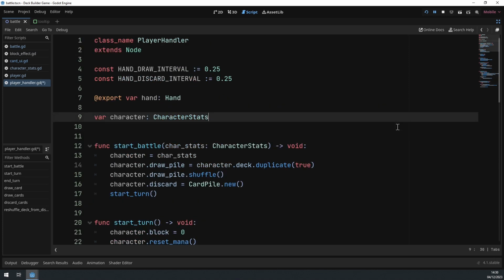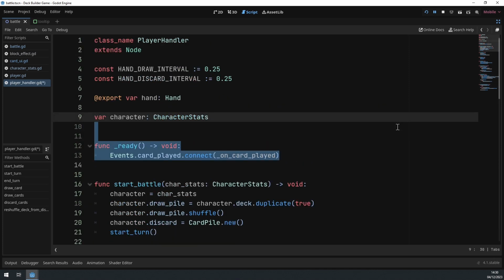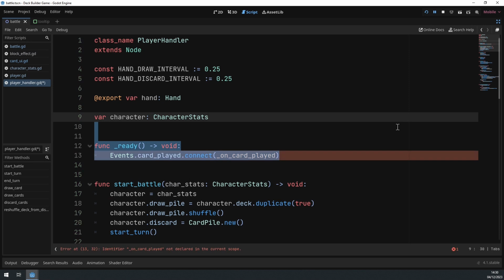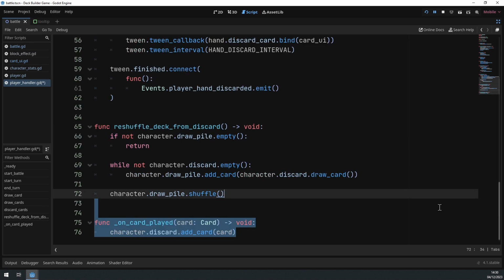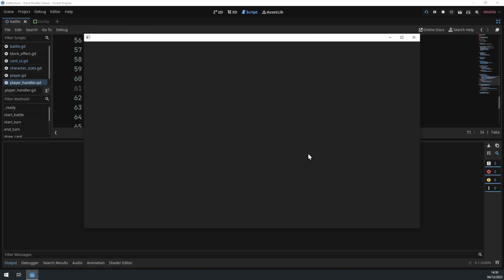All we need to do really is in the ready callback, we connect the event bus's card played signal to our own function called onCardPlayed. And in this function, if you remember, we get a parameter, which is the card that has been played, and we can just go ahead and add this to the discard pile. And with this quick fix, if we rerun the game again,